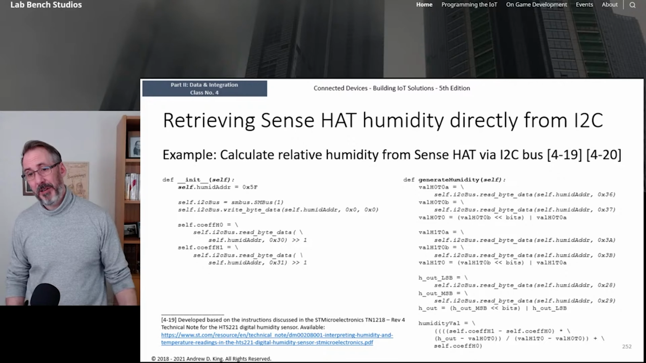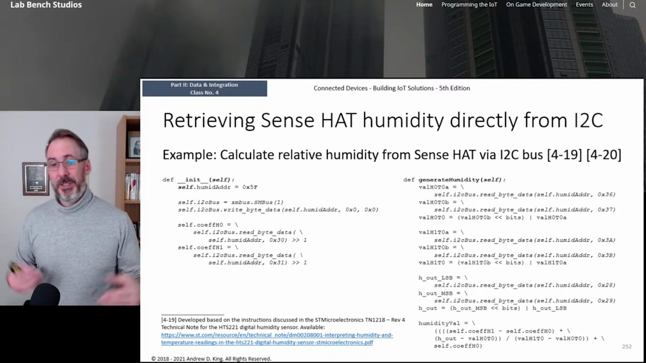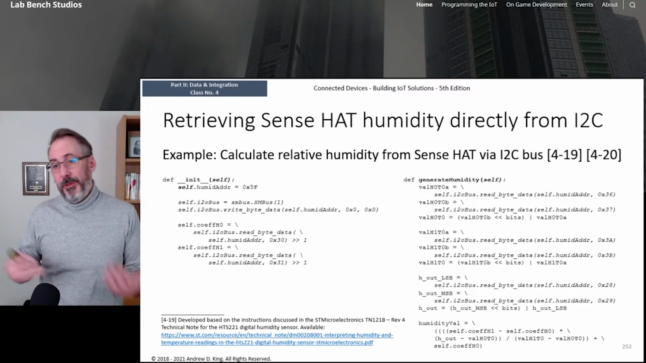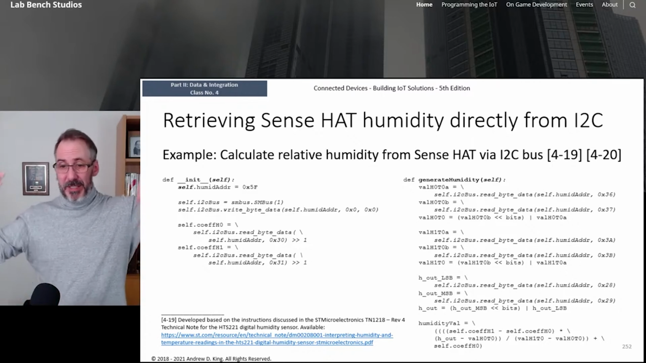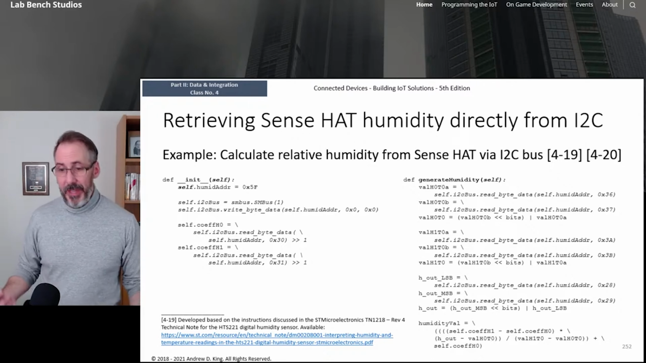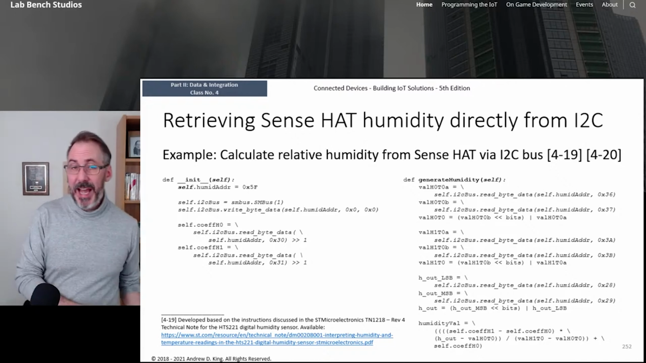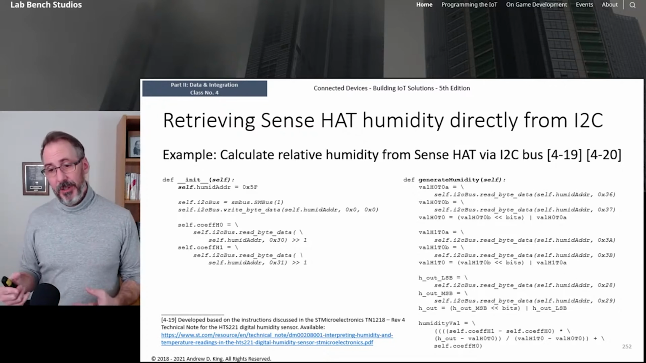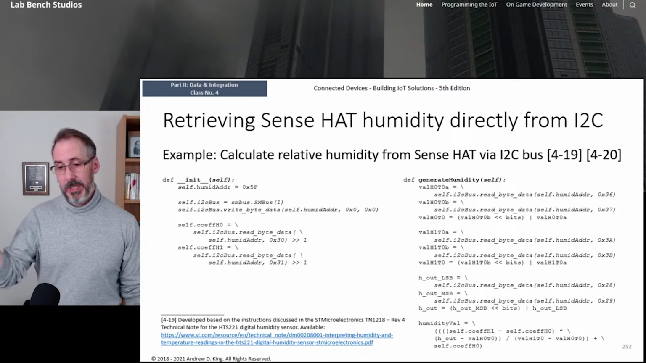So what does it mean? We've got to read a bunch of values. We have to basically calculate what the first one is. We have to read a bunch of values. We have to calculate what the second one is. We have to basically calculate the least significant byte, the most significant byte, and then we need to calculate our out value. Once we have that, we can now calculate our humidity by plugging these all into this algorithm that